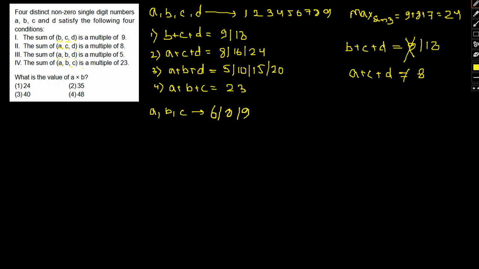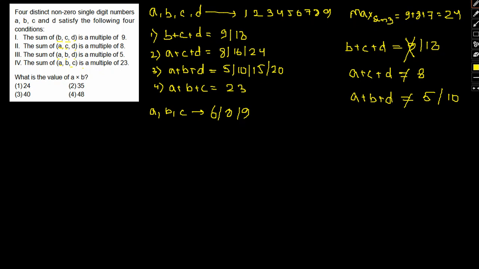This term will be greater than 8, because a and c individually will be more than 8, and one of them may be. Okay, and also finally if we consider a plus b plus d, this also cannot be equal to 5, or even 10. So a plus b plus d has to be equal to 15 in this regard.